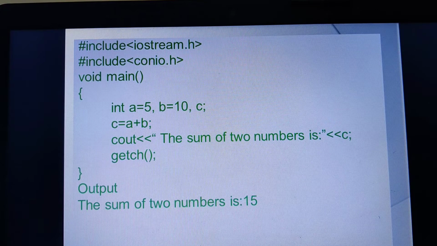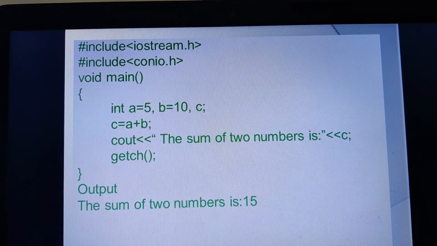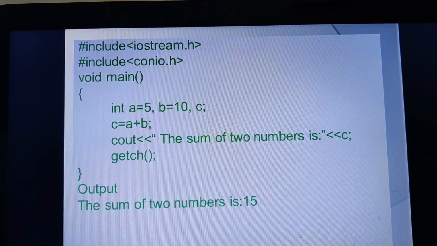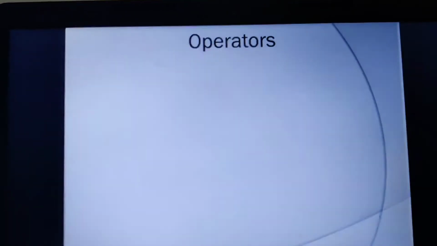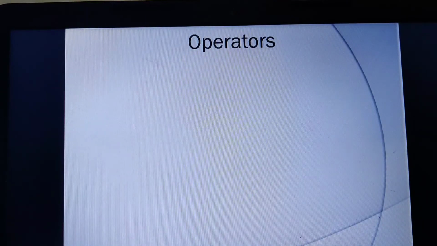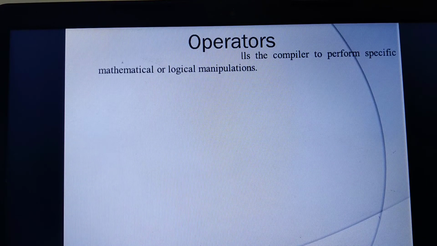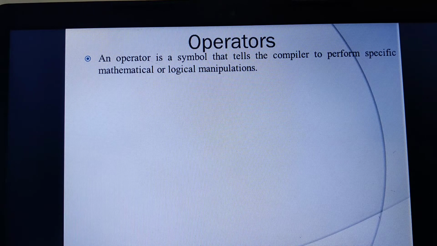Now let us move on to the very important 5 marks question you can expect here, that is the operators, that is the C++ operators. Say for an example, we have different kinds of operators here, like arithmetic operators, relational operators, bitwise operators. Suppose you have to perform any mathematical calculations, then you can use any available arithmetic operators which are already available.